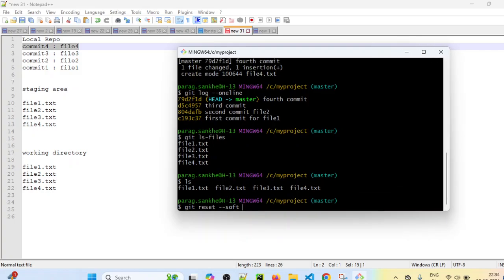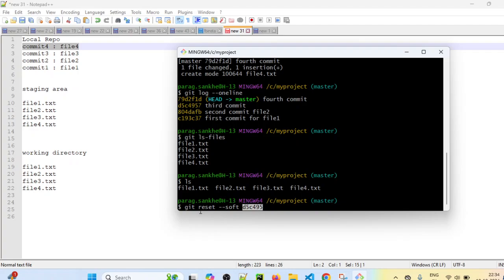Okay, now I want to revoke this 4th commit, so I have to provide the commit ID of the 3rd commit. It will revoke all the commits which happened after this 3rd commit. So the 4th commit will be revoked. Let's provide that commit ID here.